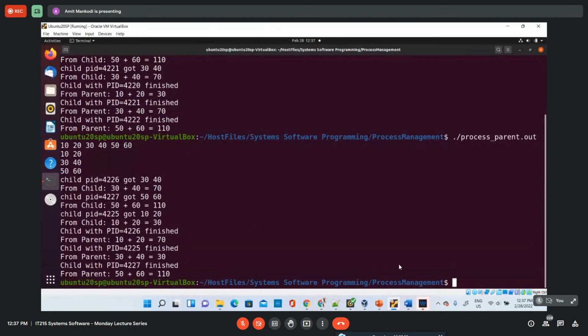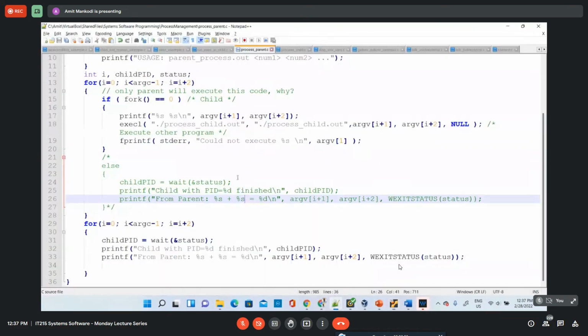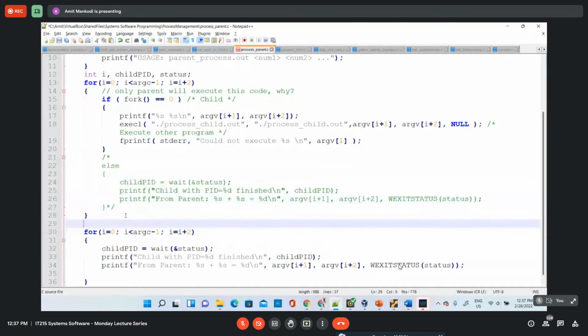So what I'm trying to say is that every time you run, you will probably see a different order in which the printf statements are being executed. The reason being that all the child processes and the parent process are running simultaneously. And the parent process is waiting for each child after starting all the child processes, not waiting for individual children one at a time, right? Now if I change this code, and comment this line out,